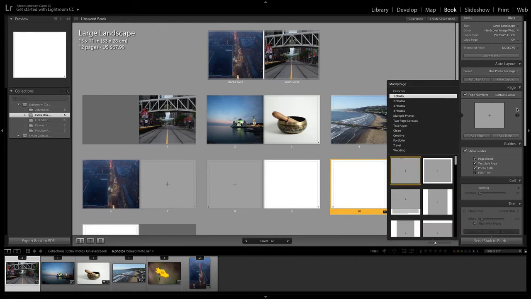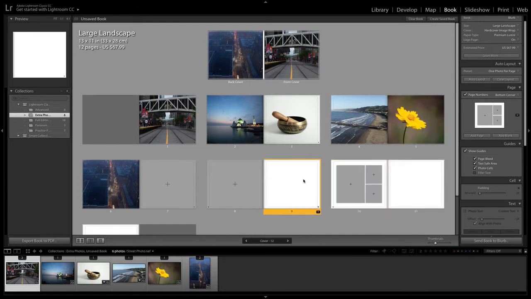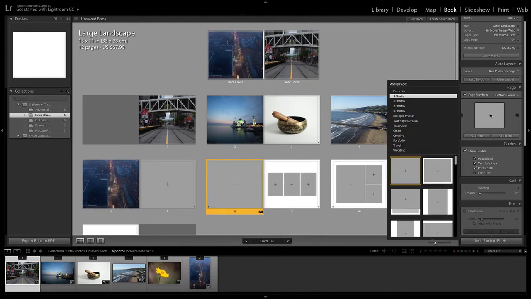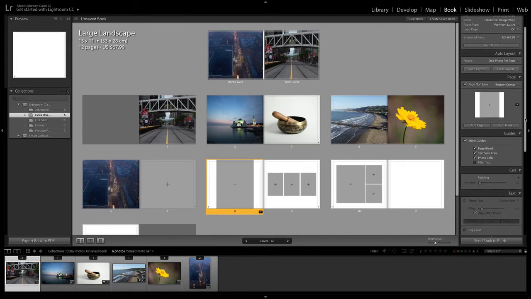You can also add custom sort of preset pages. So if you click this drop-down menu, you have your 3-page photo options. So say we have that, and if we have one of these pages selected, and you just click on one of these options, it will replace it. Same with one of these options where you have the photo book page all set up and you change it, it will have changed the layout basically. So that's how you adjust the layout quickly.